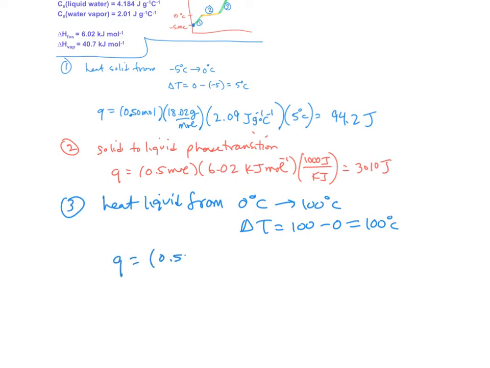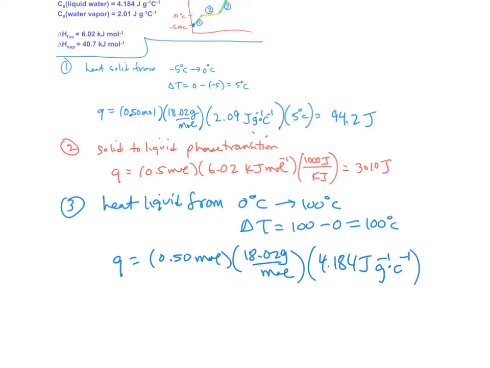Q is 0.5 moles times 18.02 grams per mole. We're using specific heat of water, 4.184 joules per gram degree C. And delta T is 100 degrees C. And Q for this one is equal to